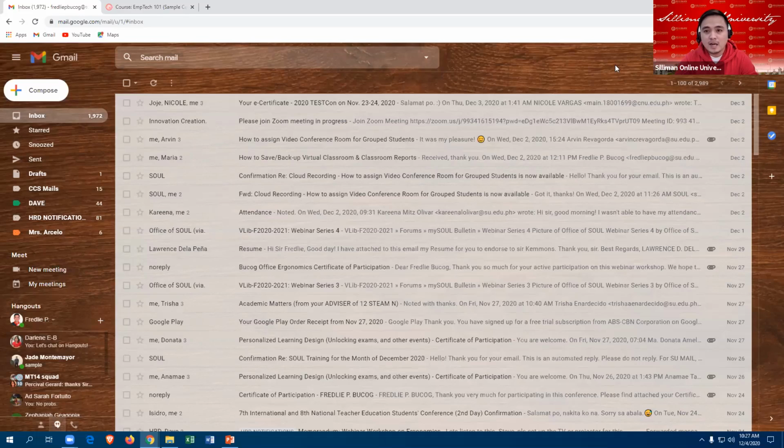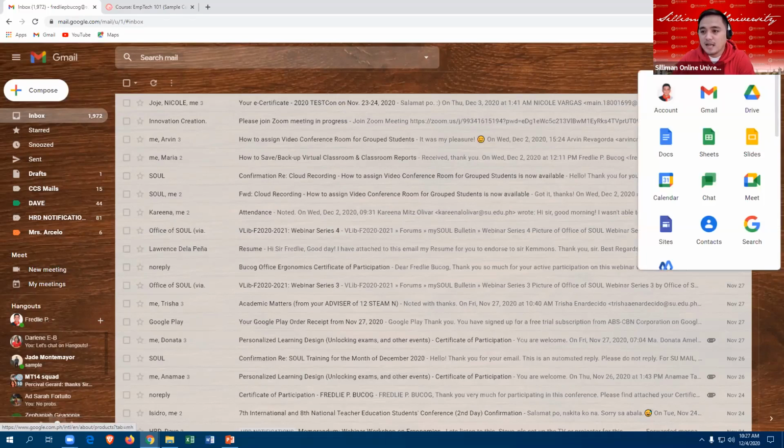In that calendar, we will place our Google Meet. First, we will schedule our meeting in Google Calendar. Just click the Google Apps and then click Calendar, which pertains to Google Calendar. So click that one.